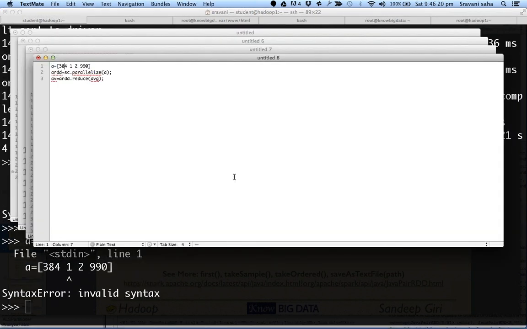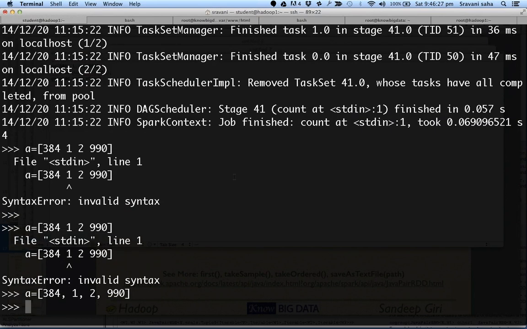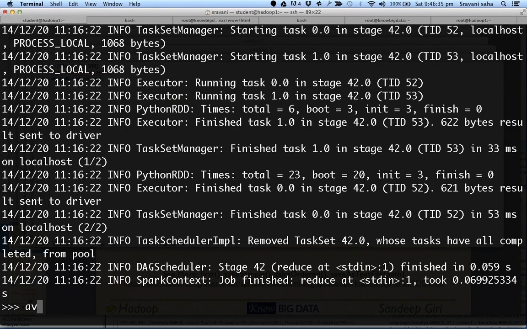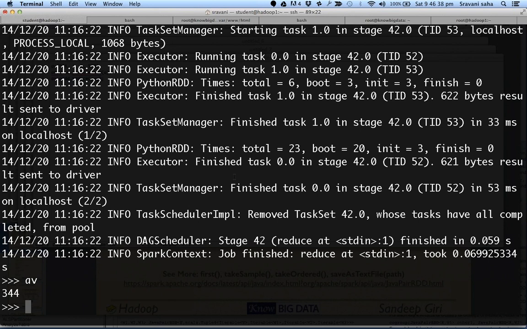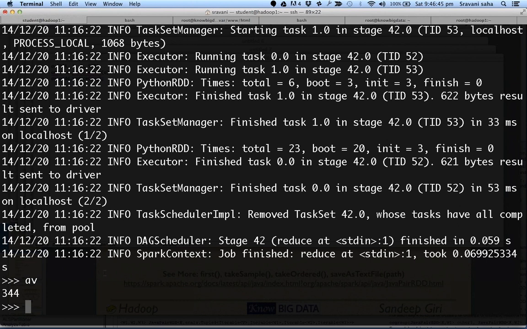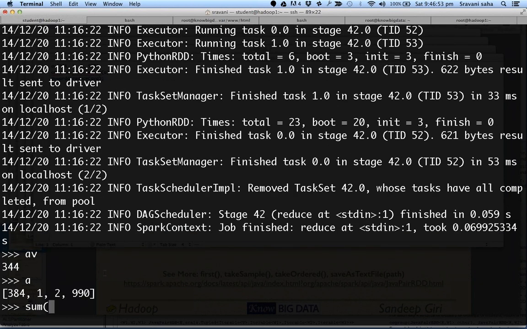Oh, I need to put commas. Good. All right, now we see, oh, it's still good. So I think it's internally sorting the values or doing some magic, because I do not expect the values to be correct. If you see this summation of a,